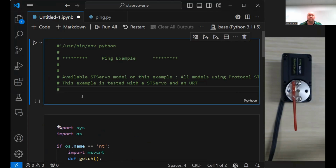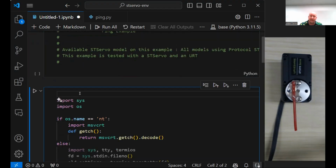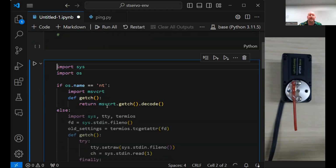All right, so now we have a cell up on top just with comments, which can be evaluated separately, but there's nothing to do. And then we have a second cell down here. So we're going to start splitting our code into sections. And what's nice is that once a section is run, it stays in memory. It doesn't exit out and release everything. So you can iterate more quickly by separating your code into sections and then